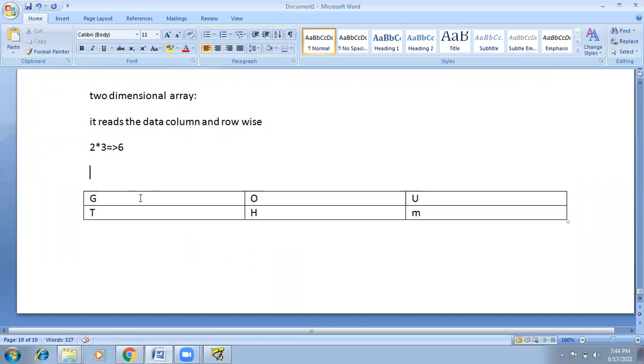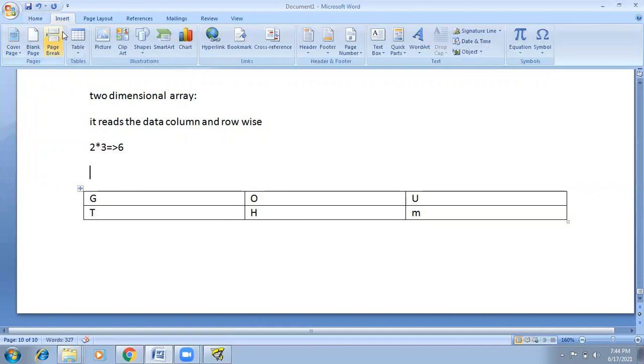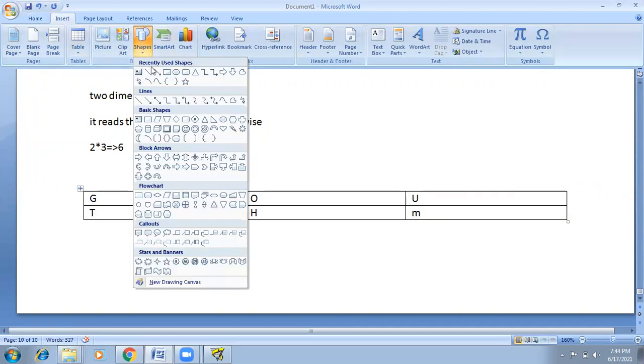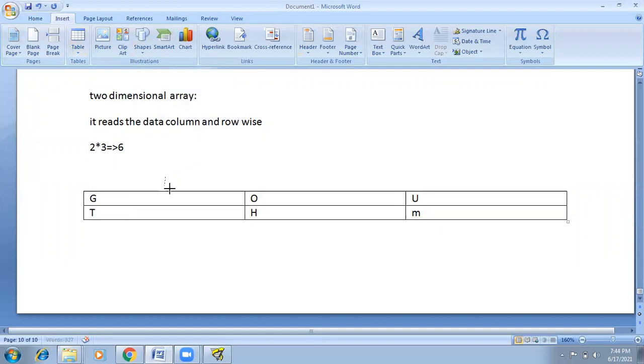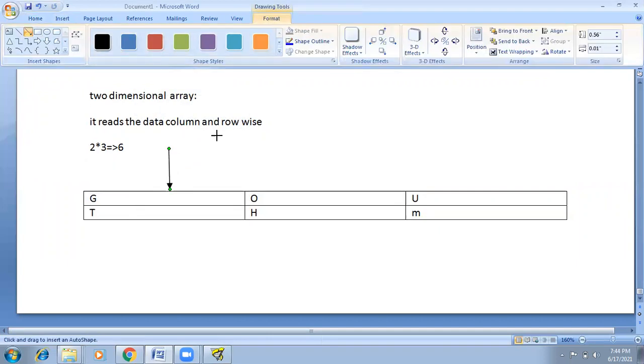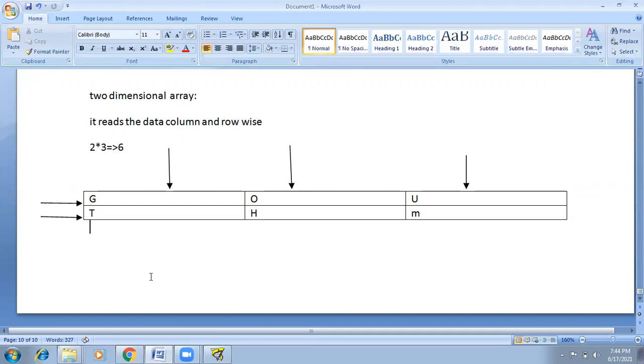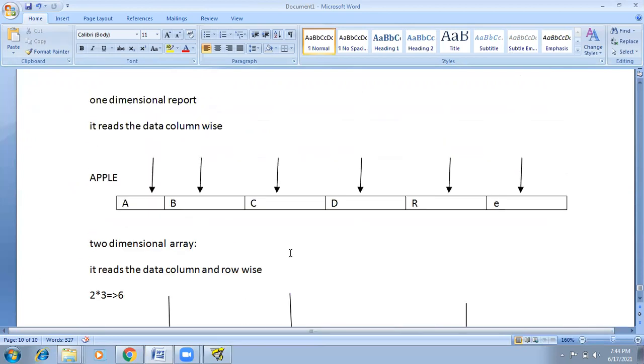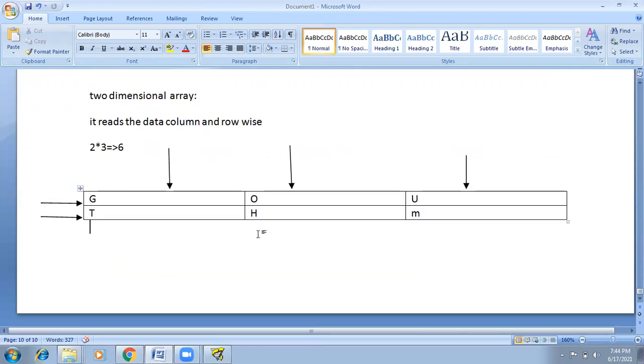If the data is available like this, then we have to follow a two-dimensional array, which reads the data column and row wise: 3 columns and 2 rows. This is a one-dimensional array, and this is a two-dimensional array.